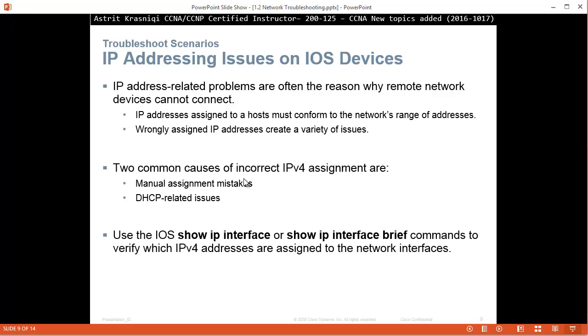Then IP addressing issues on the IOS devices. IP address related problems are often the reason why remote network devices cannot connect. The IP address assigned to a host must conform to the network's range of addresses. A wrongly assigned IP address creates a variety of issues. Two common causes of incorrect IPv4 address assignments are manual assignment mistakes, so if you assign manually and you make a mistake, or DHCP related issues,